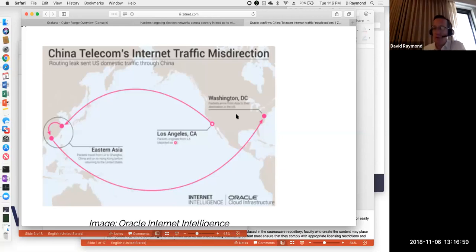And the end result of all that is each one of these routers is going to compute the expected shortest path between two different locations in the internet. So what normally you would expect to happen within core routers in the continental United States, for example, is they would all be communicating using these BGP messages, and they would realize that the shortest network route between Los Angeles and Washington, D.C. is almost always going to be core routers that are in the continental United States. Now, those pathways change over time, and they change actually fairly frequently.